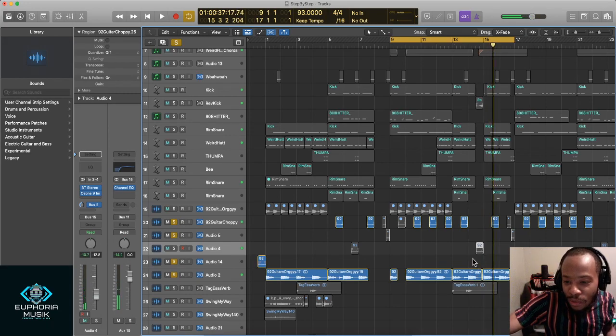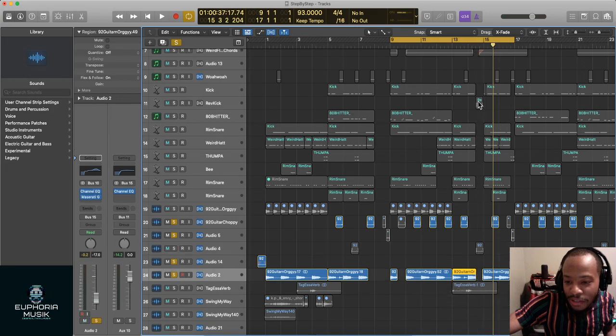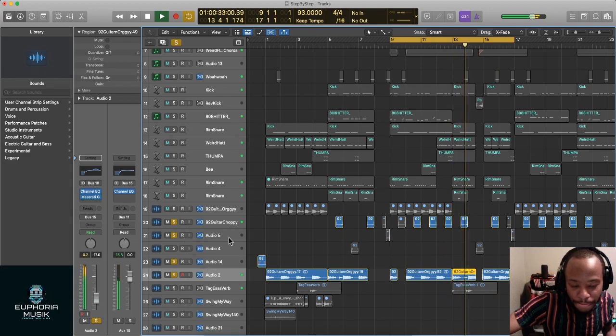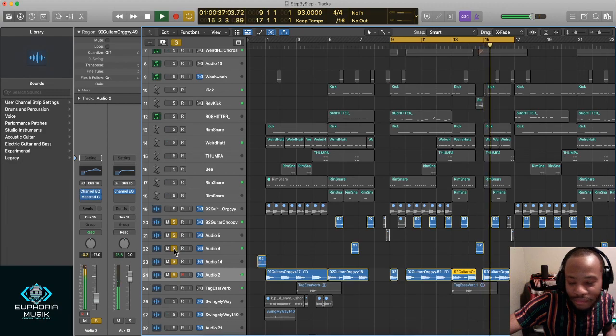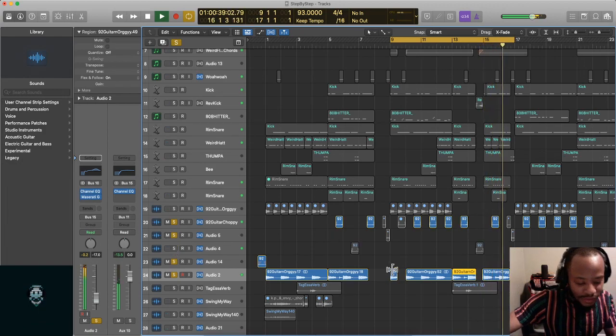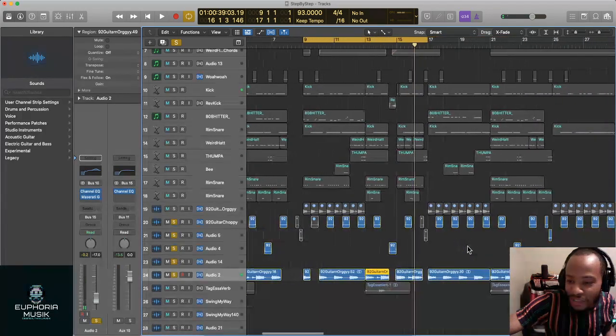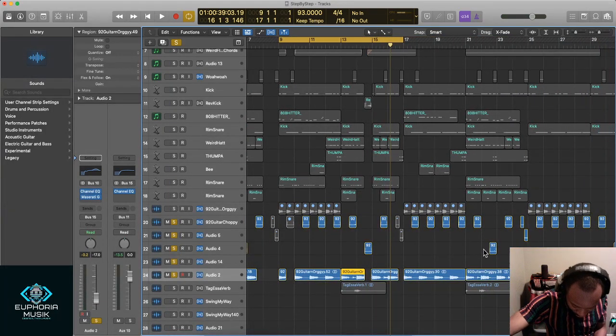And really, if I was not gonna have this part here, I would just cut this, which I might do for a final version. Now that I've done that, I might actually do that on each one, because I know it sounds a little brighter.